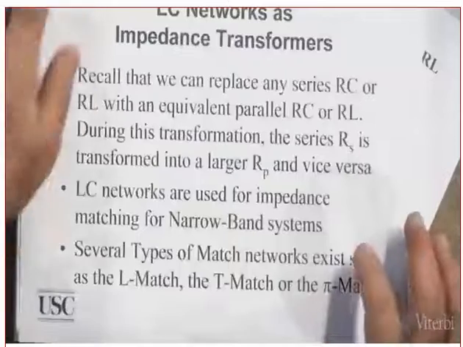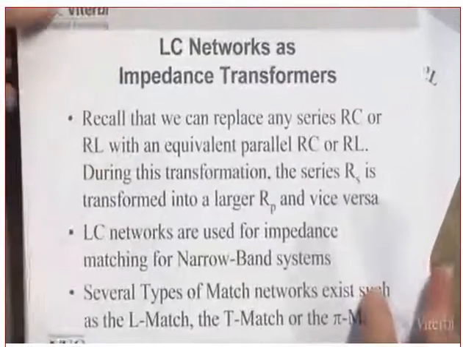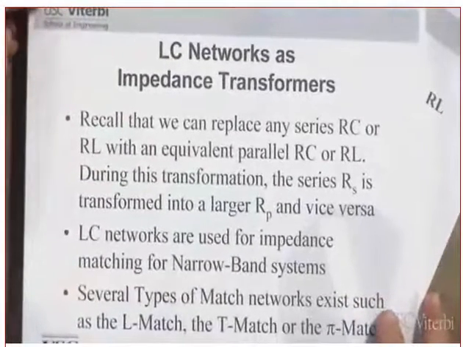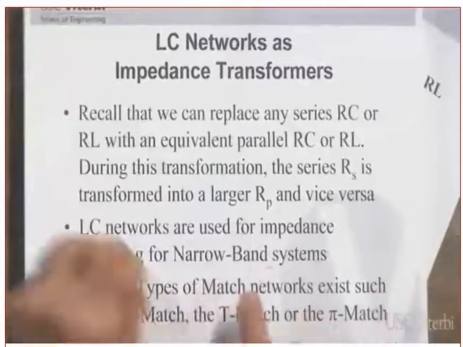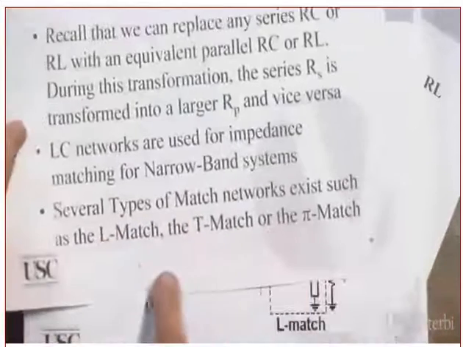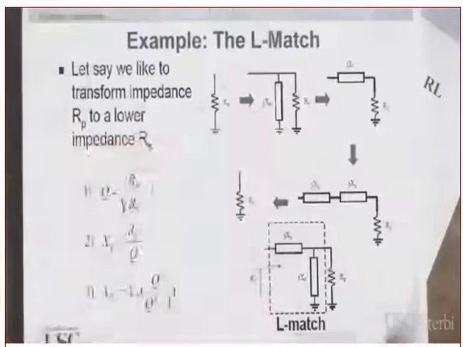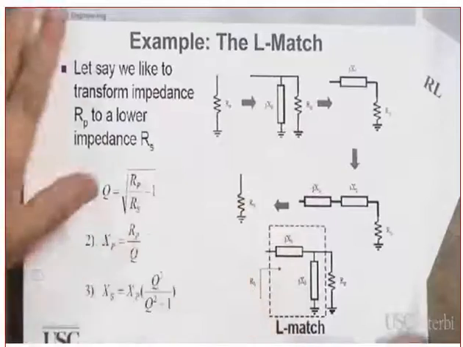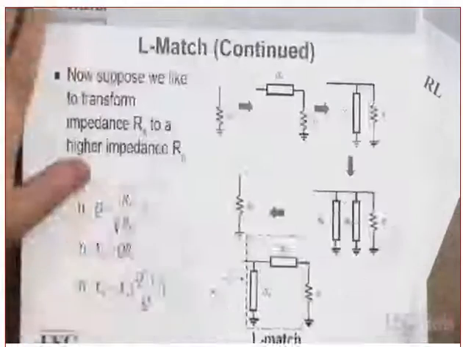Now, next type of matching circuit. The next type of matching circuit is called an LC network. Now, we will be calling it the L match. There is an L match. This is an L match. Does it look like an L? Okay. And there is a